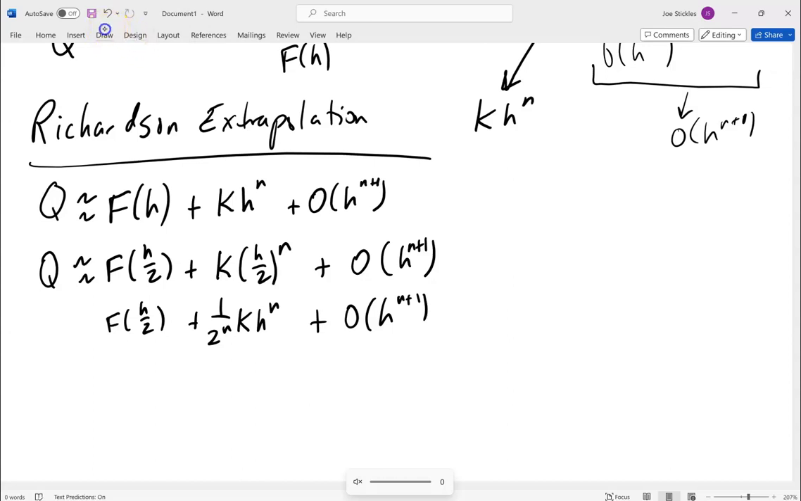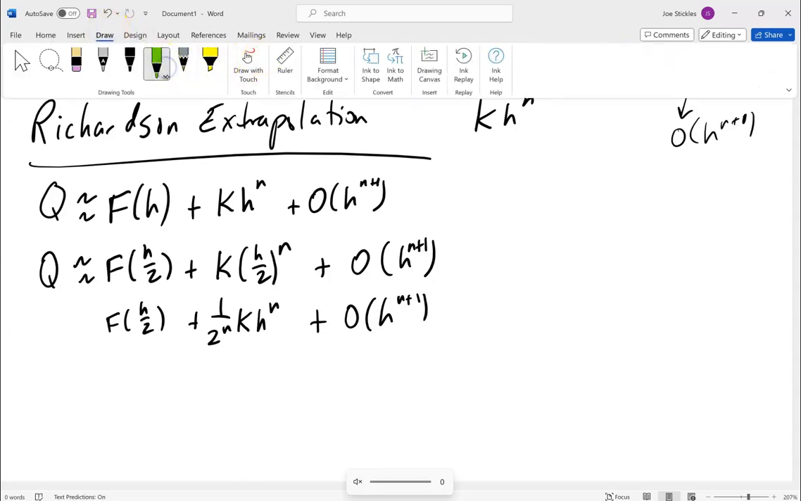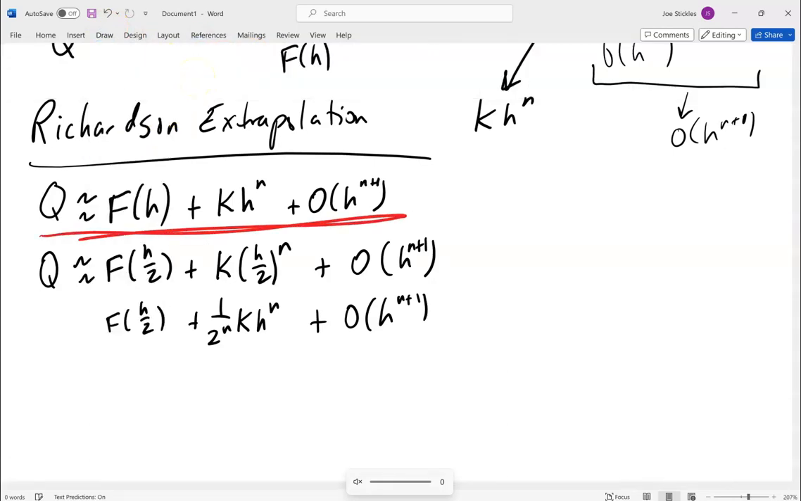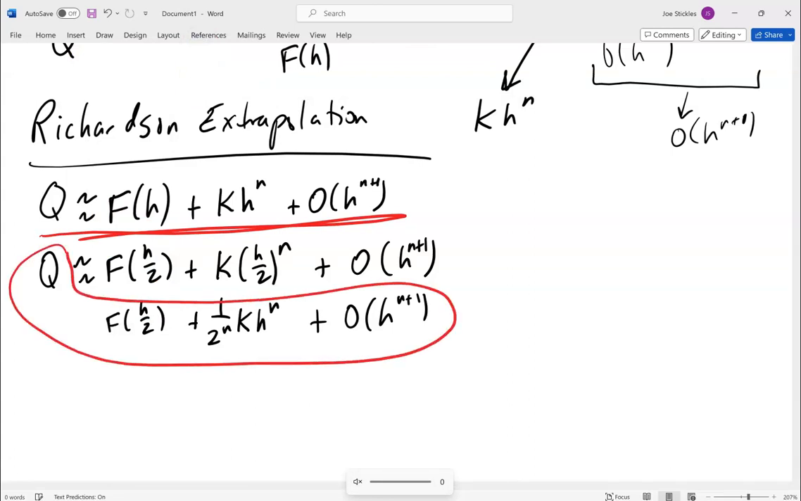All right, so I'm going to do this in a different color here. Here is one approximation for Q. Here is another approximation for Q. And I said that I want to get rid of the h to the n term. So much like what we were doing in the previous couple of examples and what we did last time, what can I do if I think of these as equations? As a matter of fact, if I have it written this way, it probably is an equation,